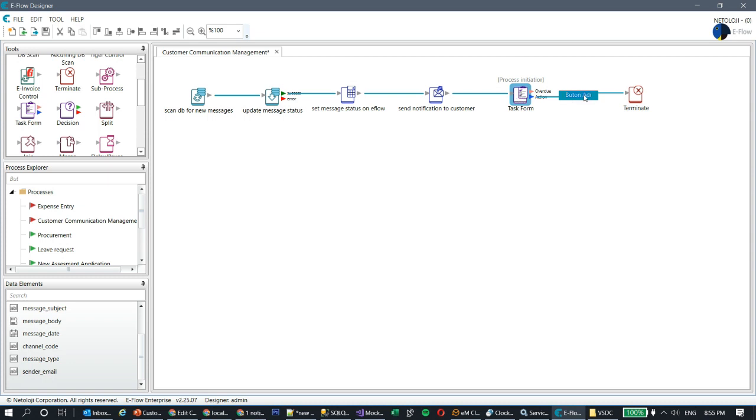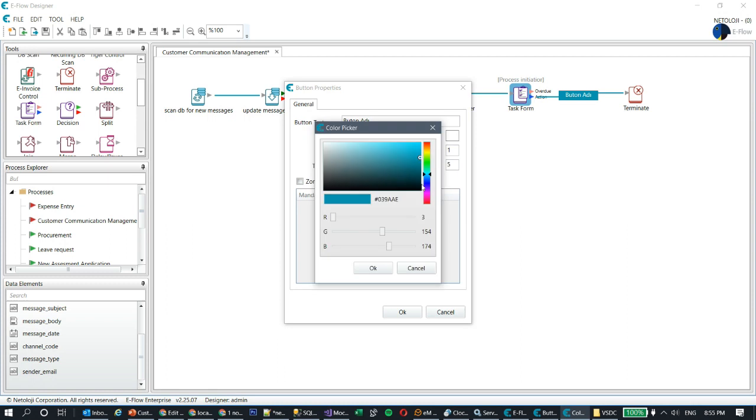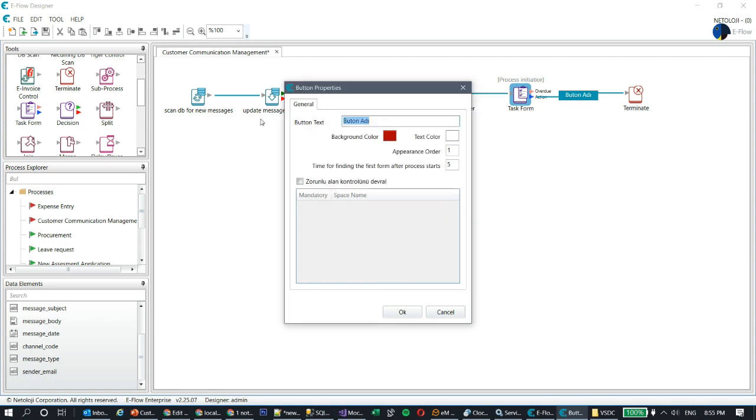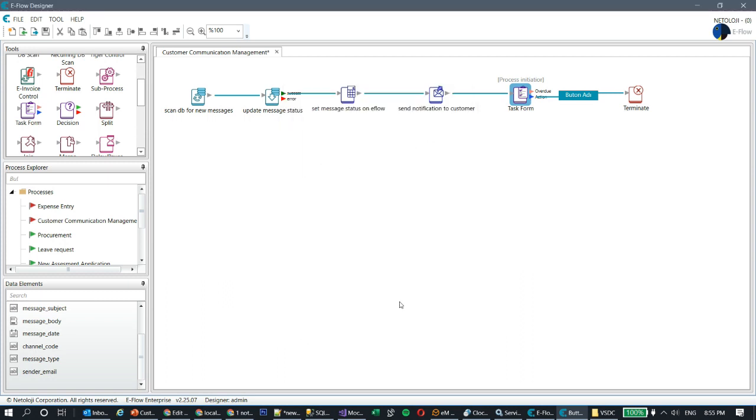So I'm gonna double click on this button. It will be a red button, and then button name will be cancel, and it will take over the mandatory field control, which seems to be Turkish here, this text, but as I said, the recent version has everything in English. So I say okay,